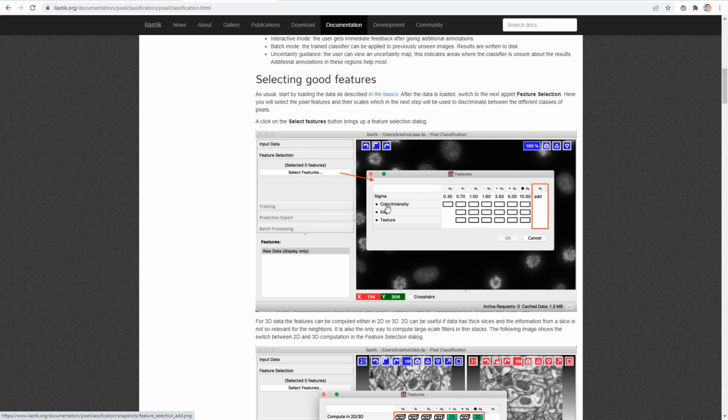You have features that are related to intensity, to edges, and to texture. For each of these rows, you have a corresponding column with a sigma parameter per column. The sigma parameter here corresponds to the sigma of the Gaussian that is used for smoothing the images before computing the